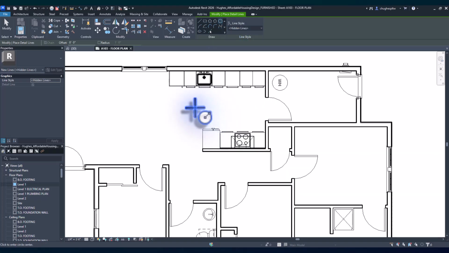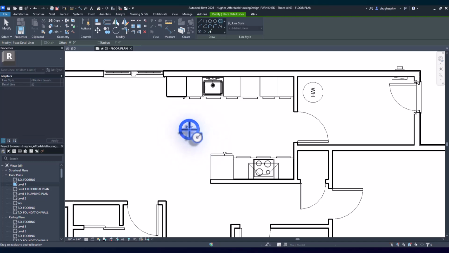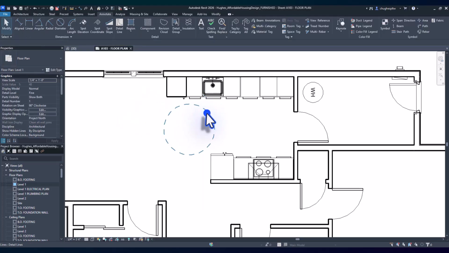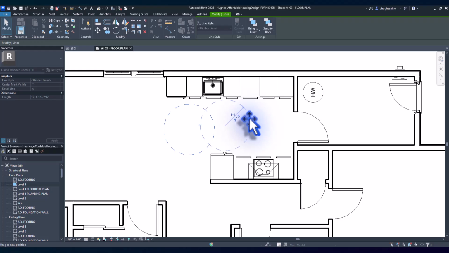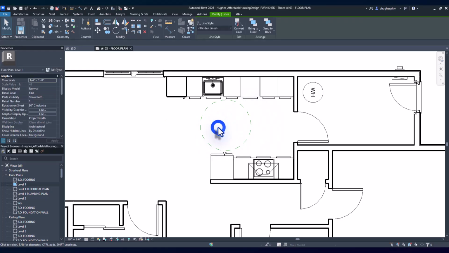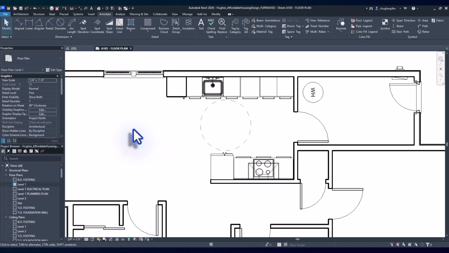And I'm going to draw inside of the kitchen here. I'm going to click and I want to represent a 5-foot diameter, so we're going to do 2'6". You can also type 2 space 6 and hit enter, and that'll do the same thing. So this right here is going to give us a spot, and depending upon where you want it placed, here in my kitchen, I'm just going to note for wheelchair access, I've got a 5-foot